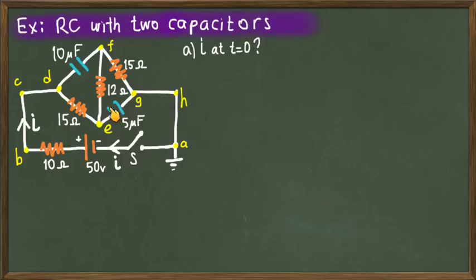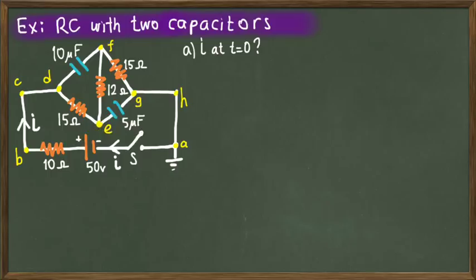One thing we know about capacitor circuits is that initially the capacitors will act as a short circuit. That means, for example, when you close the switch, the potential of points D and F will be the same. It is as if there is only one wire which has no resistance. So the capacitor will act like a short circuit. The same thing is true for this capacitor also. The potential of points E and G will be the same, as if we have only one wire connecting these 2 points,